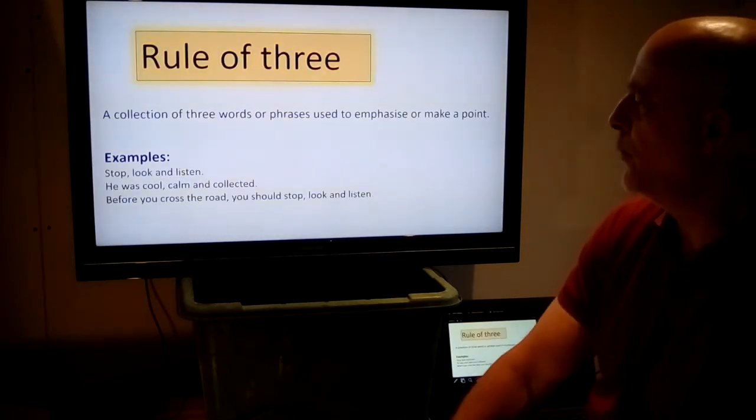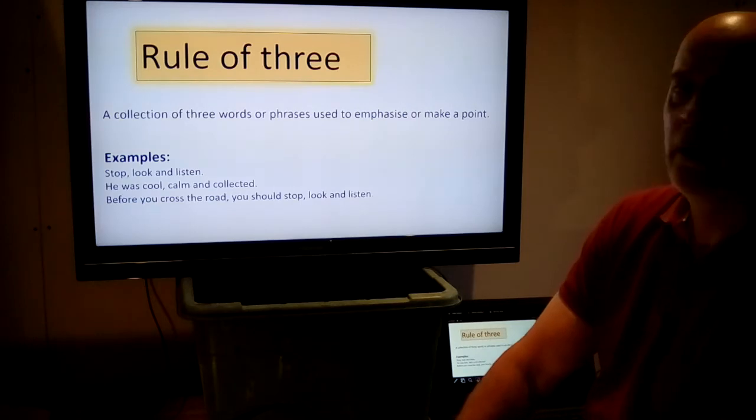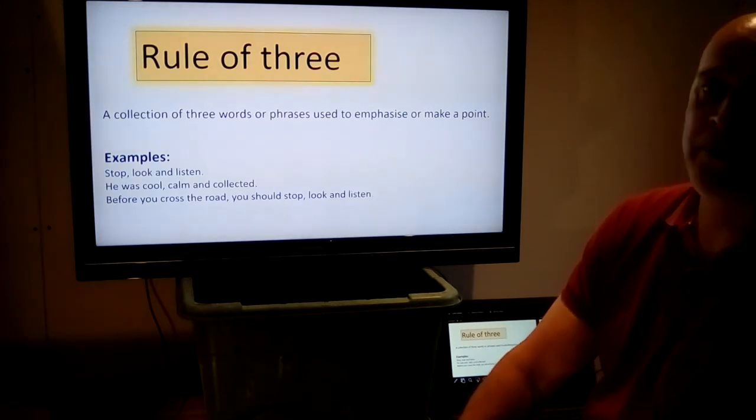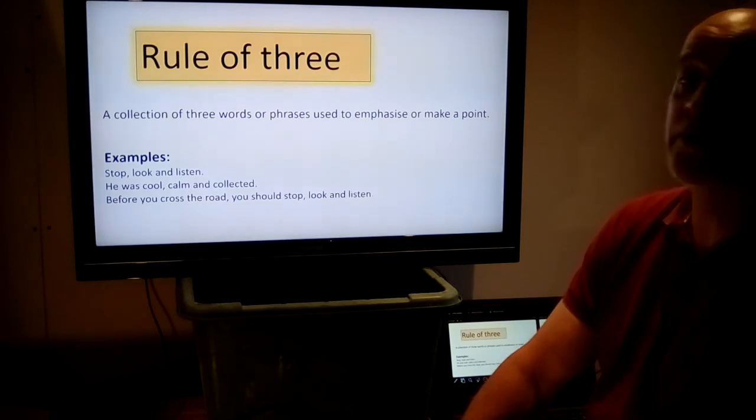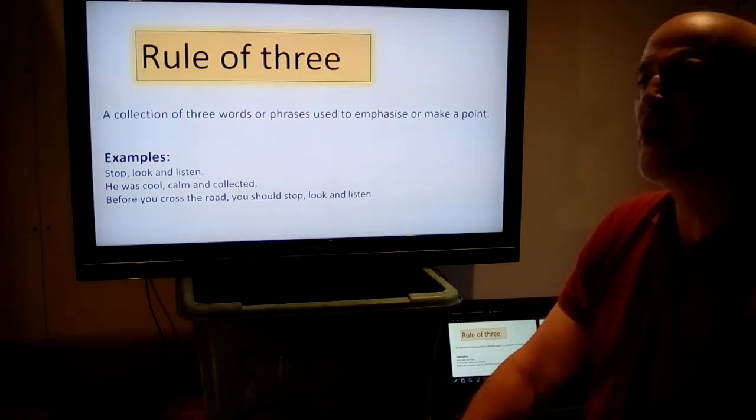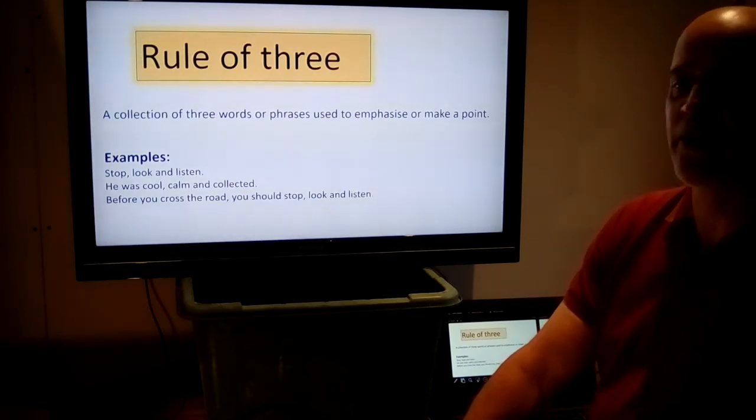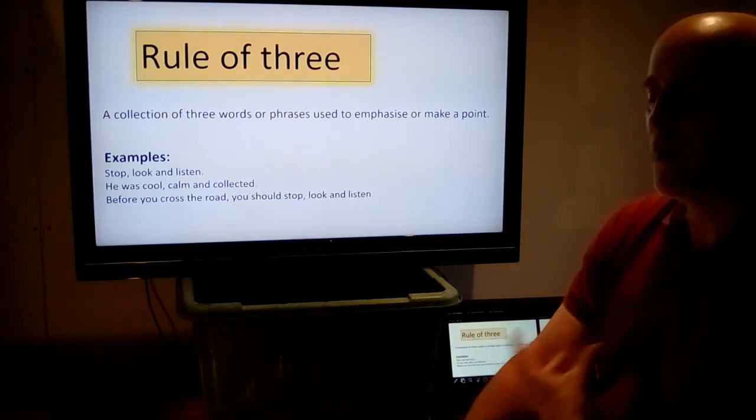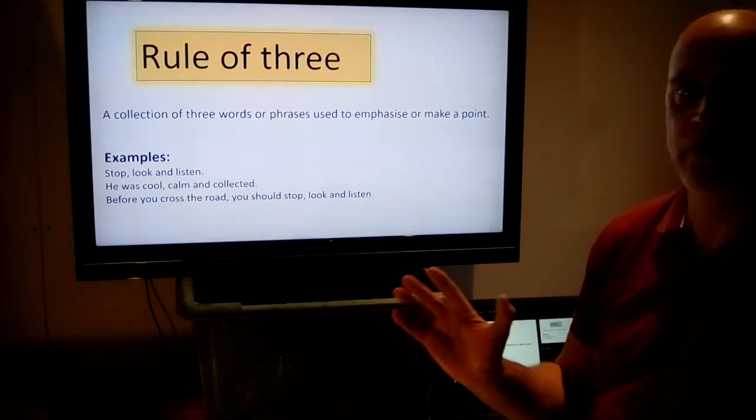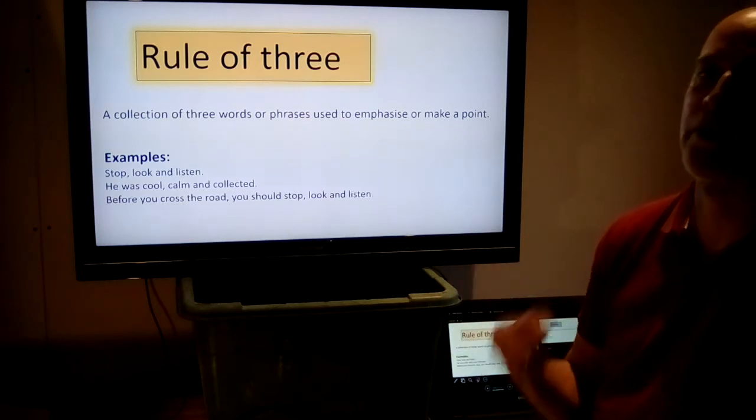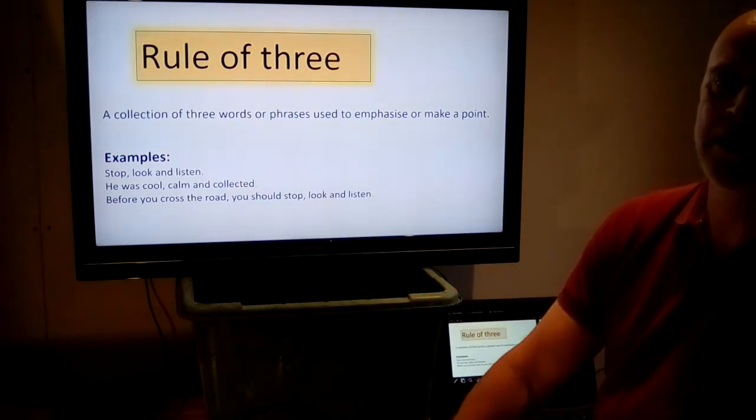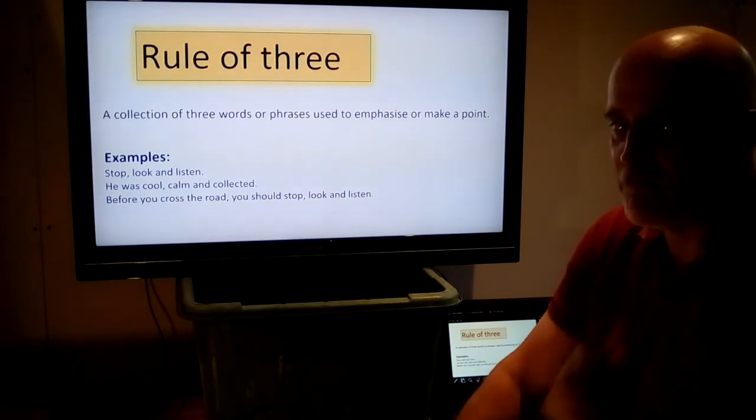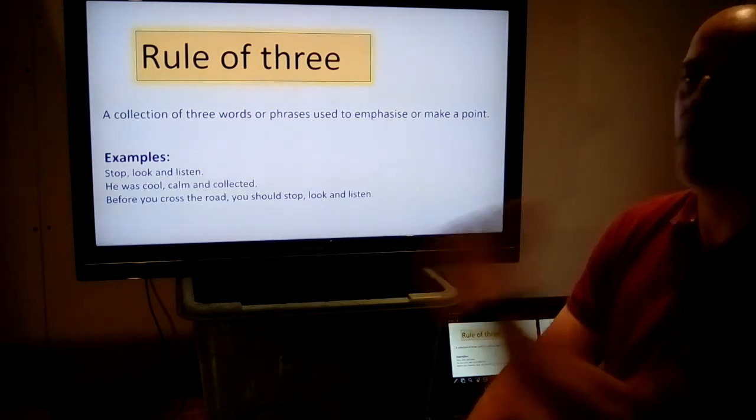Another good one, the rule of three, a collection of 3 words or maybe phrases or ideas used to emphasize or make a point. It's generally understood and accepted that 3 things are very easy to remember. It's a natural thing for humans to remember 3 things in a row, and rule of 3 is very often used in persuasive writing or argument in order to make your point, boom, boom, boom, and it stays